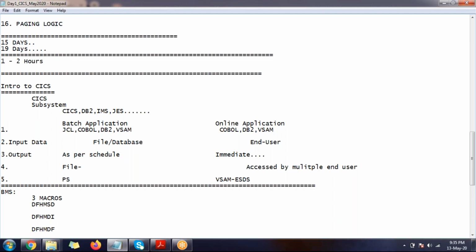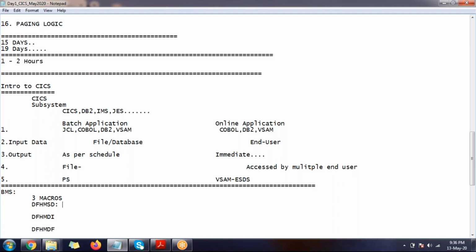We are going to use all these three macros in more than one program, one map definition. There are 5 map definitions, and I'm going to explain all of them. These are all the assembler macros to define a map. Let me explain the macros, then we will wind up the day.